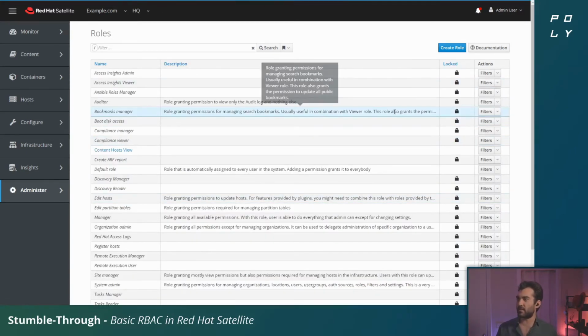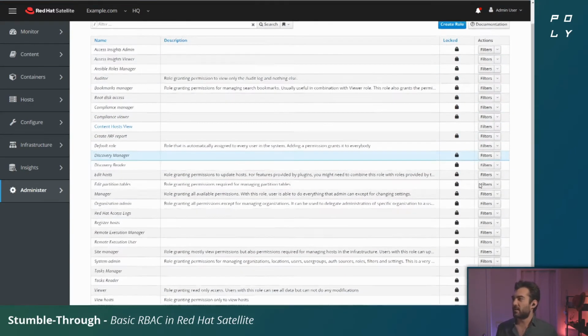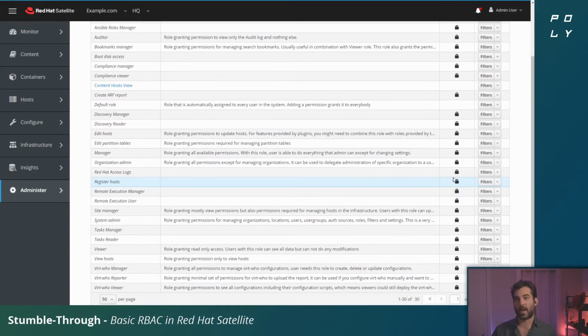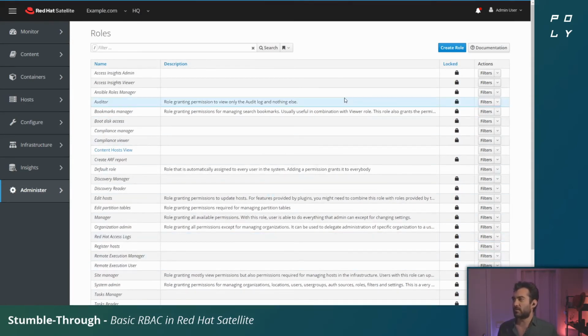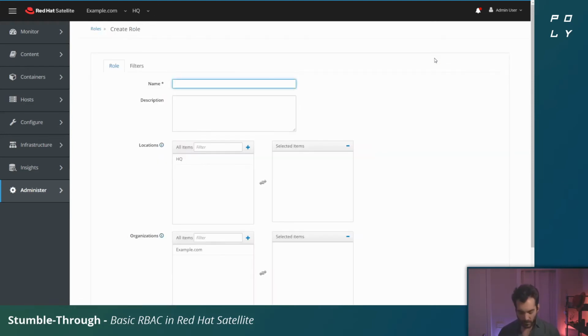Now again, these are some of the predefined roles here that we have provided with Red Hat Satellite, and they're pretty comprehensive for most of the general functions you want to provide. Now, say you want to, again, give a little bit more fine-grained control into what these users and groups are allowed to do, and it's not provided by one of these built-in roles. Well, that's no problem. Let's create a new role real quick and say content